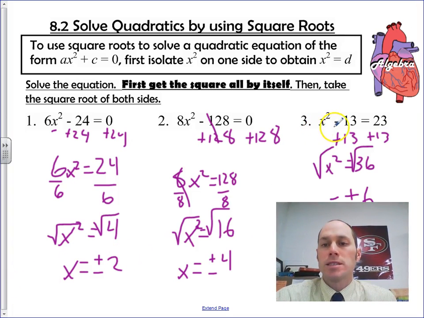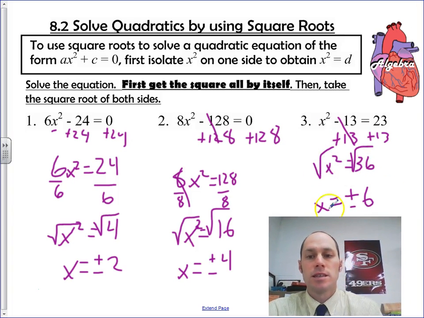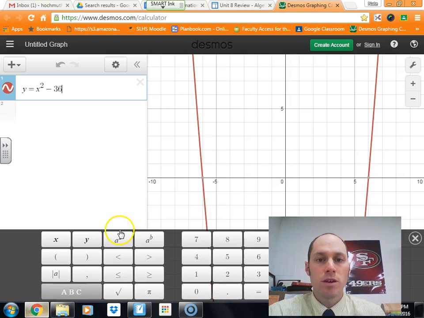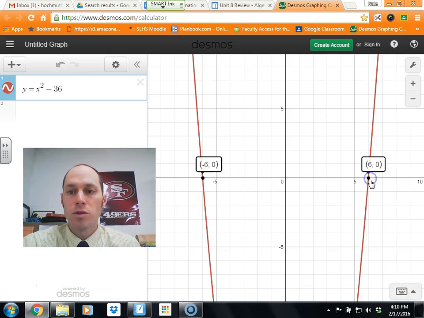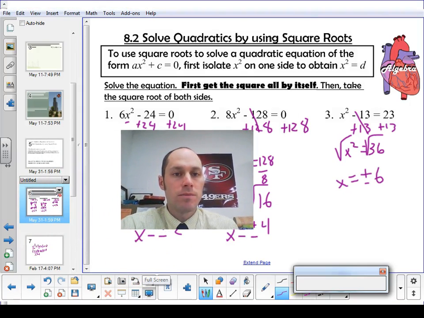So we're going to get x by itself. I add 13 to both sides, get 36. Take the square root, x is plus or minus 6. Now, the reason I include plus or minus is because those are both the roots. If we look at the graph, y equals x squared minus 36, and I want to find out when y is 0. Notice I have a positive and a negative root where my quadratic equation crosses and gives me a value of 0. And that's what it looks like graphically. So if we go back to our work here,